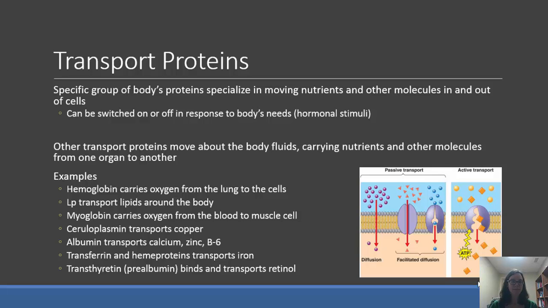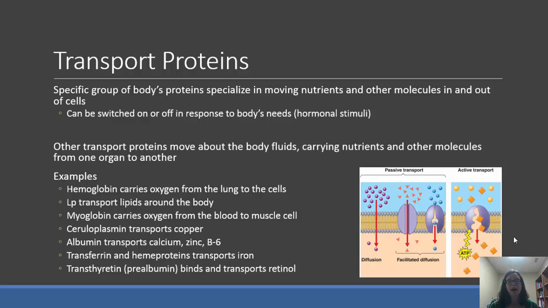And then one function that we're all very familiar with is the function of proteins as transporters. These proteins specialize in moving nutrients and other molecules in and out of cells, and can be switched on or off in response to hormonal stimuli. So we can see in this little graphic here, yes, we can have passive diffusion of certain molecules through a cell membrane, but even with facilitated diffusion and of course active transport, we need membrane proteins in order to help us